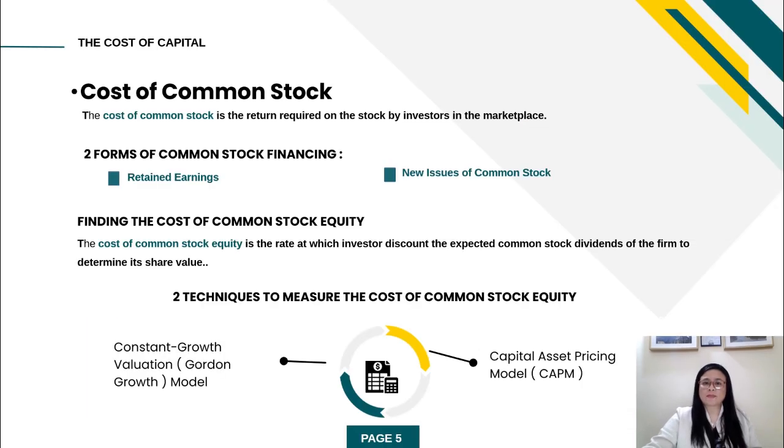Understanding the cost of capital helps in making better long-term decisions and maximizing personal wealth. I will just need a few minutes of your time to discuss the cost of common stock, retained earnings, and the weighting scheme. Again, we have to define the cost of common stock. It is the return a company must provide to its common stockholders, like a compensation for their investments. This represents the required rate of return based on the risk and opportunity cost of holding the company's stock.